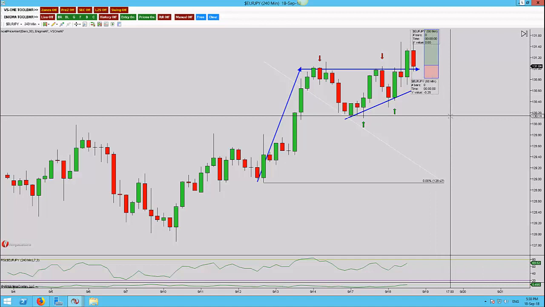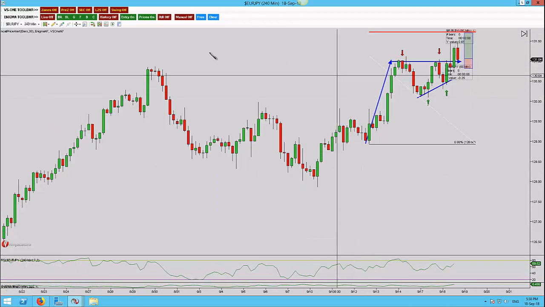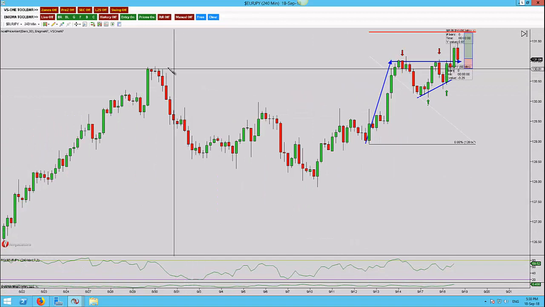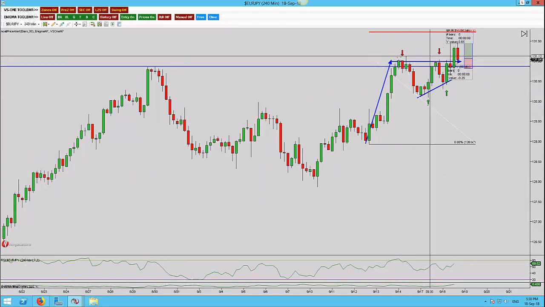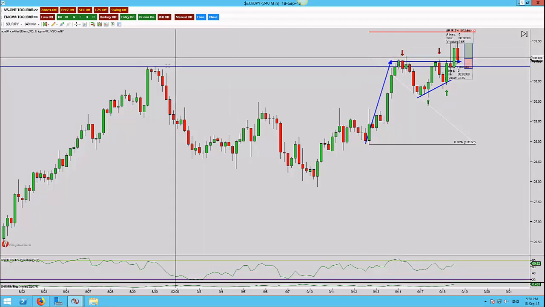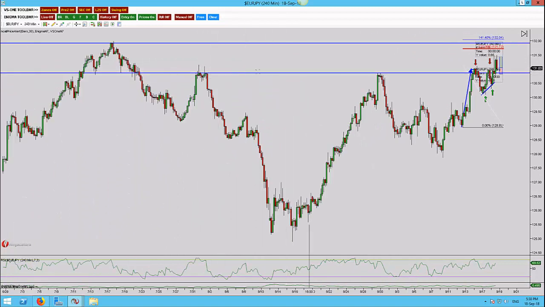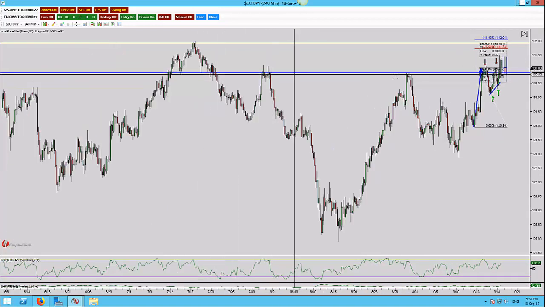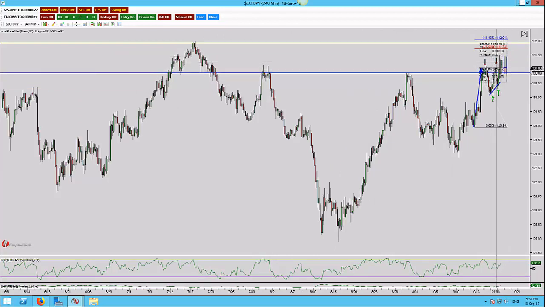Now the Euro Yen has a big ATR, so if we look at the trade, first of all, with a triangle I do need this to have made an initial structure high, and as you can see looking left we have done that. And if we zoom out and look even further left, this was a major level of structure that had been tested, so this is a pullback into it, and I've entered based on a 15-minute